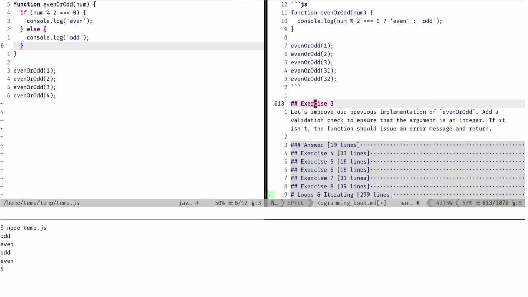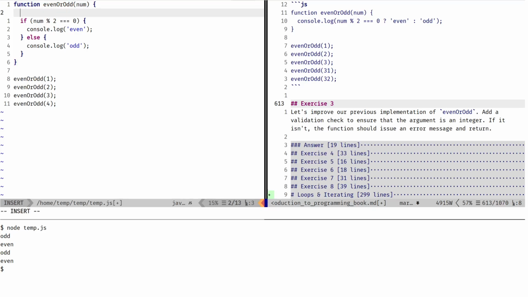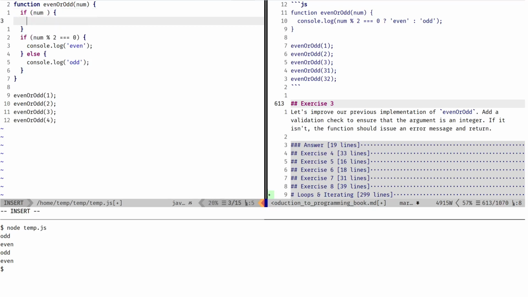All right, let's see this one. Let's improve our previous implementation of even or odd. Add a validation check to ensure that the argument is an integer. If it isn't, the function should issue an error message and return. Okay, so I feel like that's pretty simple to do. We just make another if statement. If num, I don't remember what